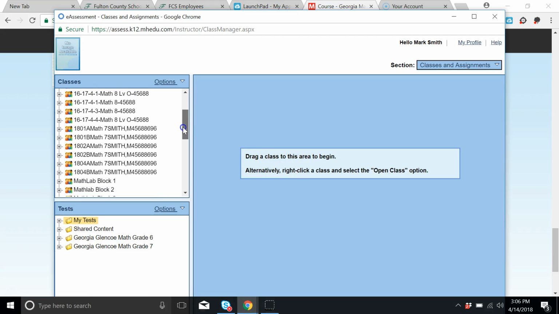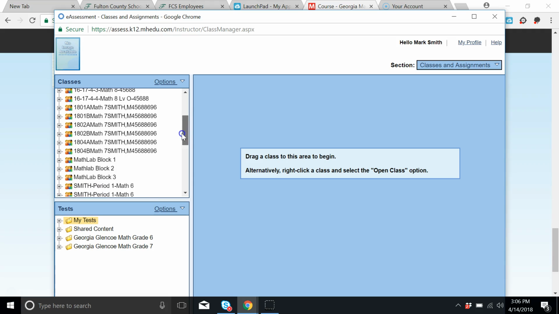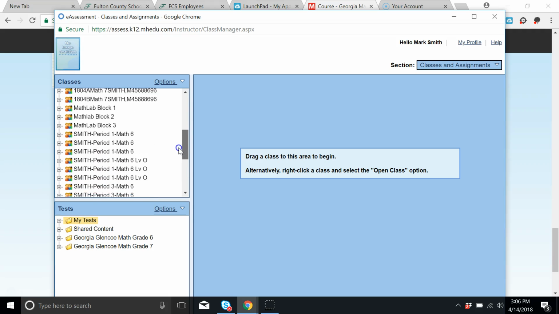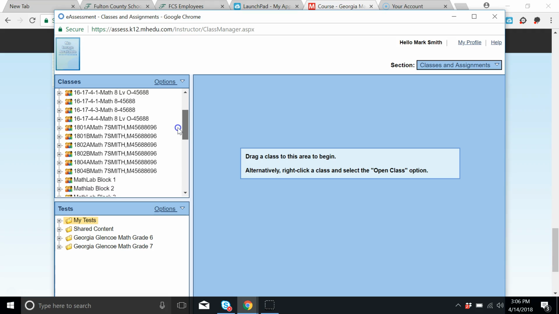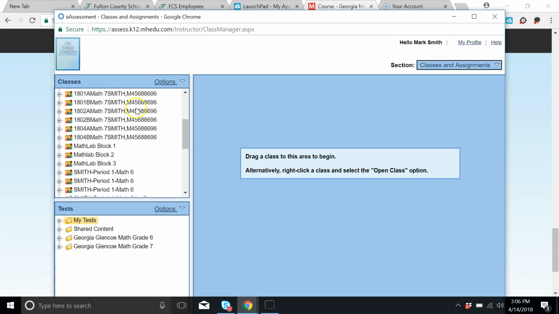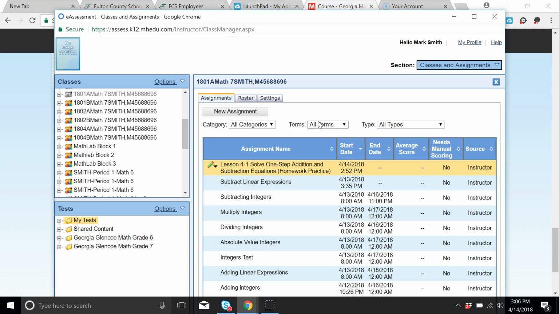Now, if you've been here at Bear Creek for a while, it'll have a couple of classes from last year and the year before. But you're going to look for the one that has the A and B. That's a good thing about this. You don't have to manually type in your roster. It already has it set up so that the A and B is this year. So I'm going to click on my first block class and you drag it over to the blue section. And as you can see,